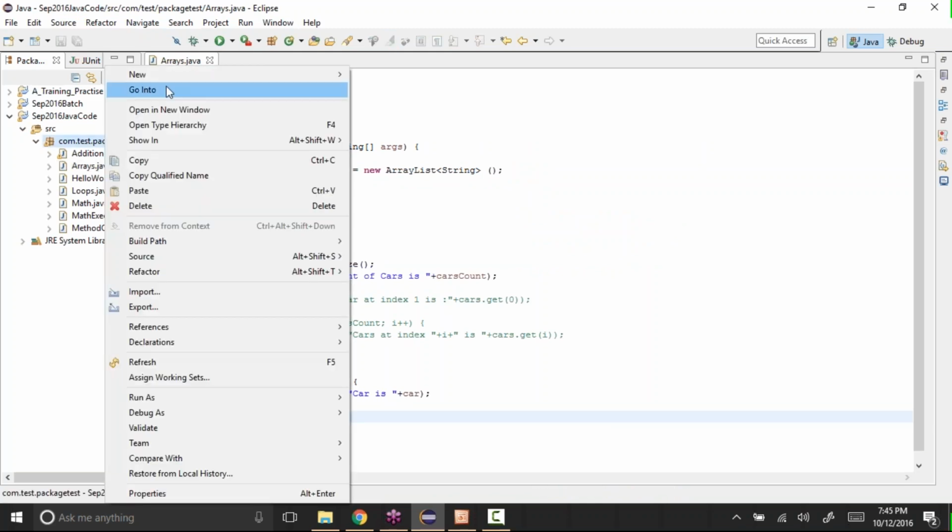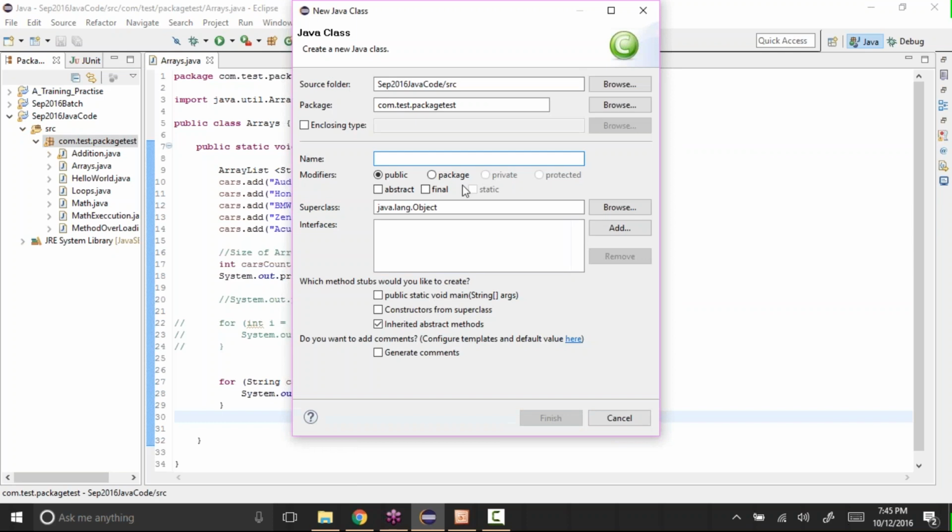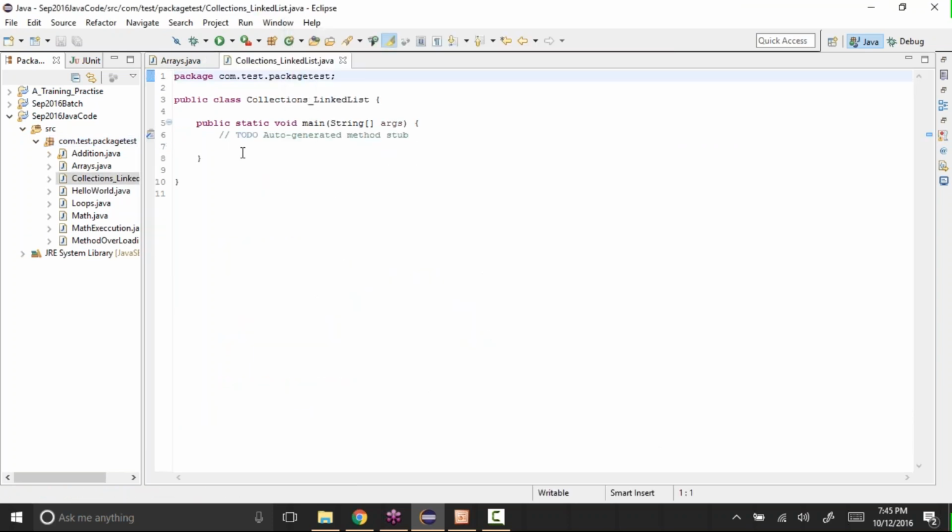See, right click, again I'll create a new class for this. It's a class, and I'll give it the name, let's say, Collections_LinkedList. Okay, and I also want a main method, so I'll select public static void main, then click on finish.